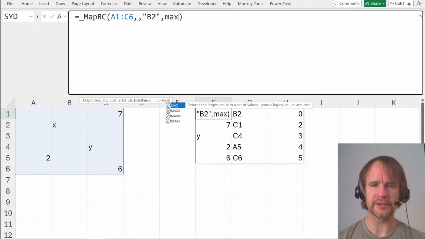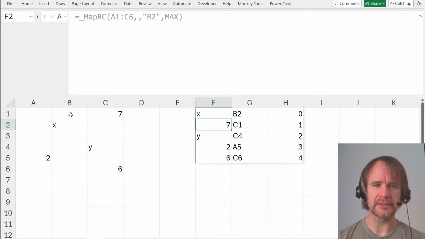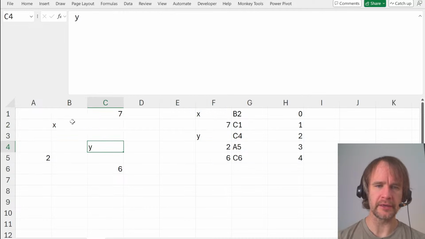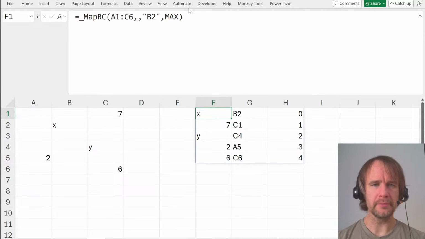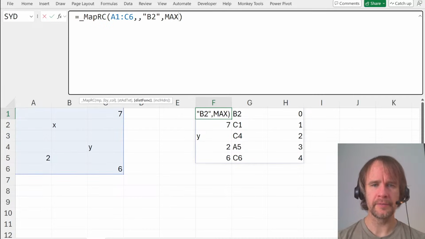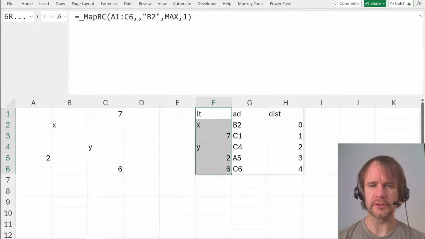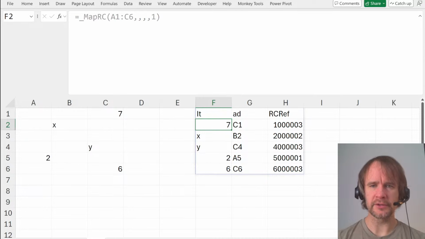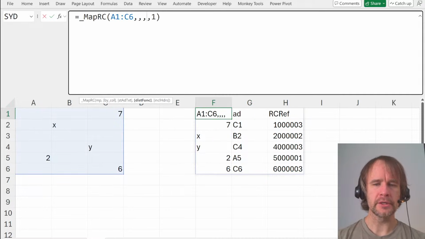So if I put in max, for example, that's the max of the row and the column difference, which is equivalent to allowing you to take diagonal steps. So you can get to 7 in 1 step and Y in 2 steps and so on. Anyway, that's all neither here nor there. An option to include headers, so just item, address, and distance, or if there's not an origin and a distance function, then item, address, and RCREF. Okay, so